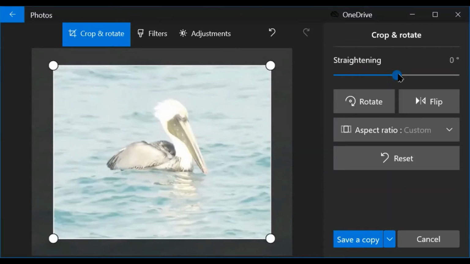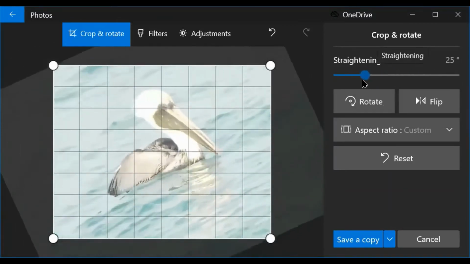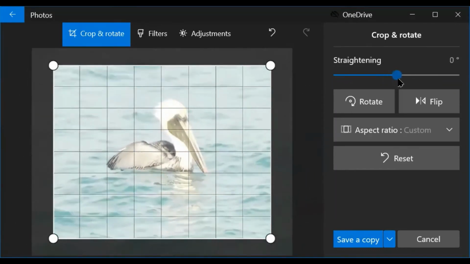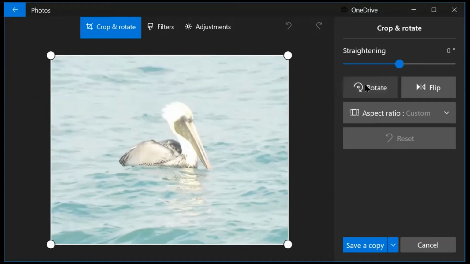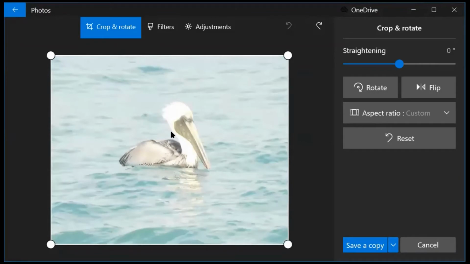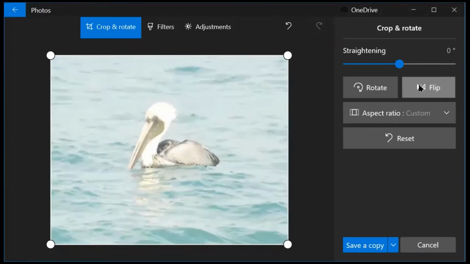At the top here, we have the straighten, which we can go to 45 degrees in either direction. Here we again have a rotate. This one is a pixel rotate. It's going to rotate all the pixels in your photo. And so it will display the same way every place that you use the photo. So if I click on rotate, let me just undo. I can flip it back and forth,